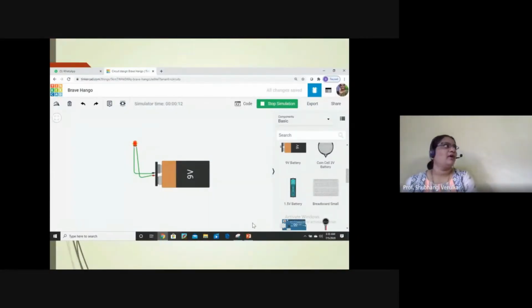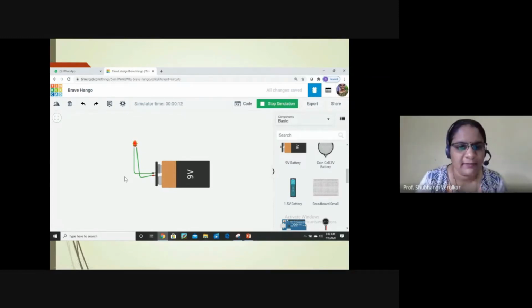Now we will start with the designing of the circuit. I hope all points are clear to you people till now. So this circuit we are going to build first. What I did here: take one battery, connect the LED to this circuit and simulate it. What will happen? The LED will get blasted. So what do we need to do?